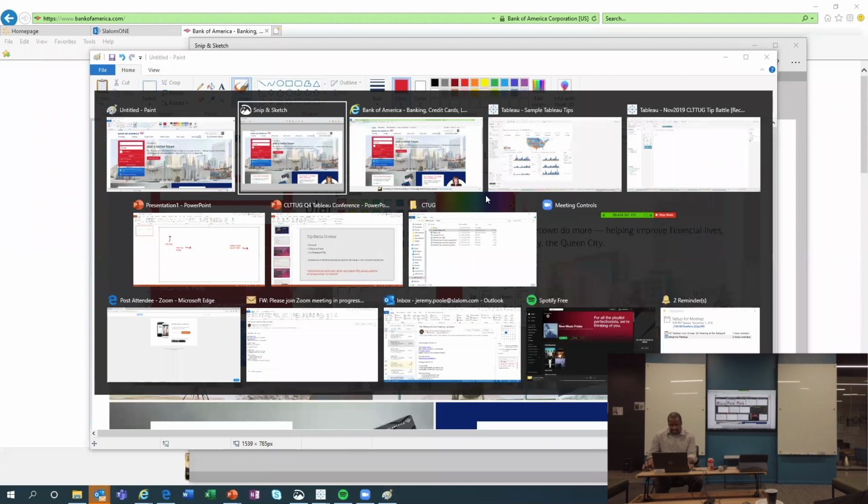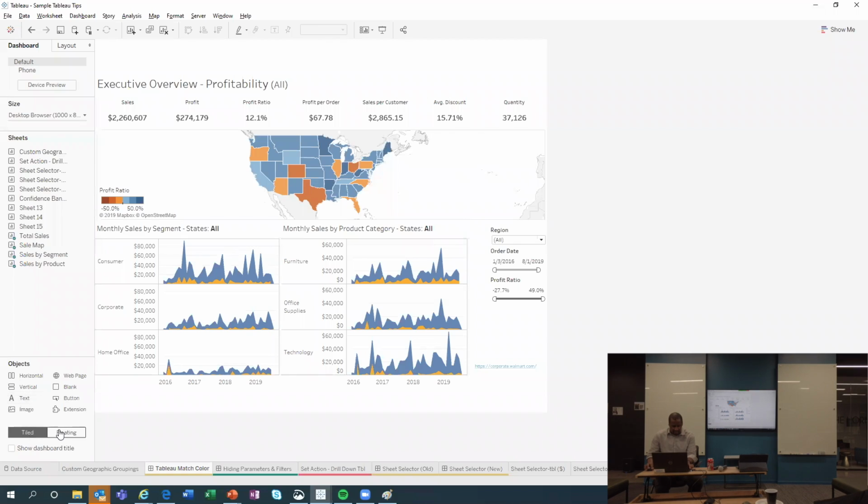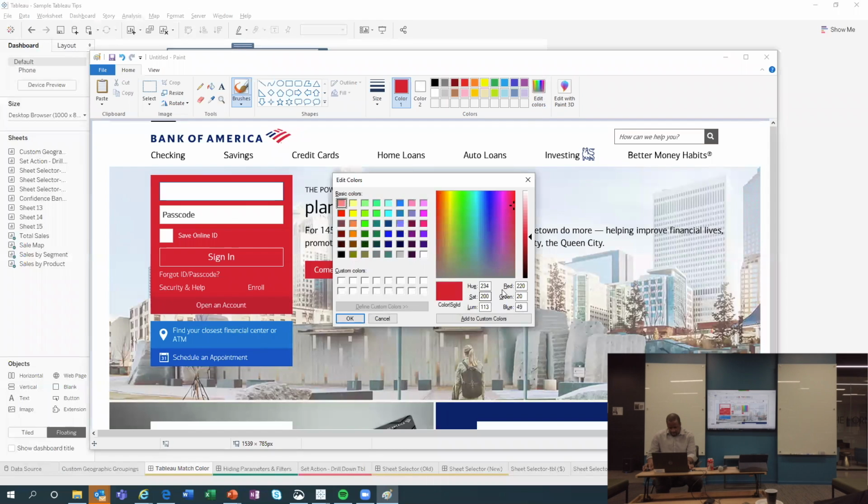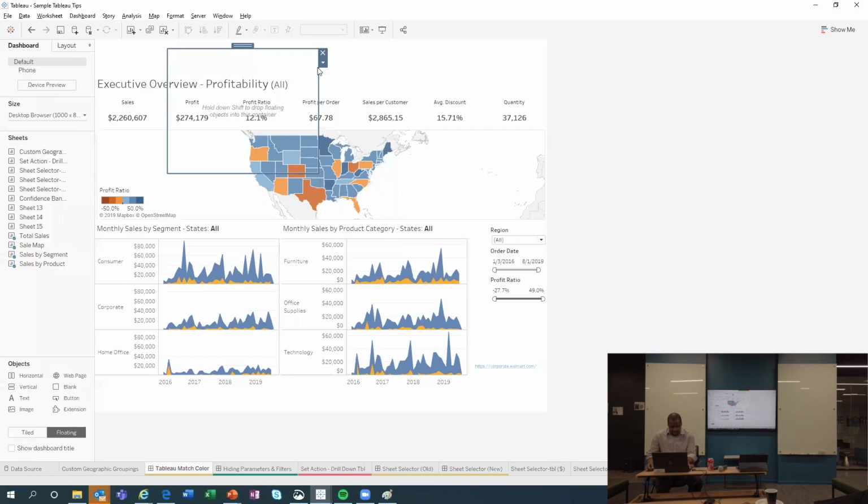That's why I said this is one of those tips that you can take advantage of in almost any capacity. If I was going to build a header and a footer, this is literally how I do it. So I'm going to go back to that to show you. The red was 220, the green is 20, the blue is 49. I just created a horizontal